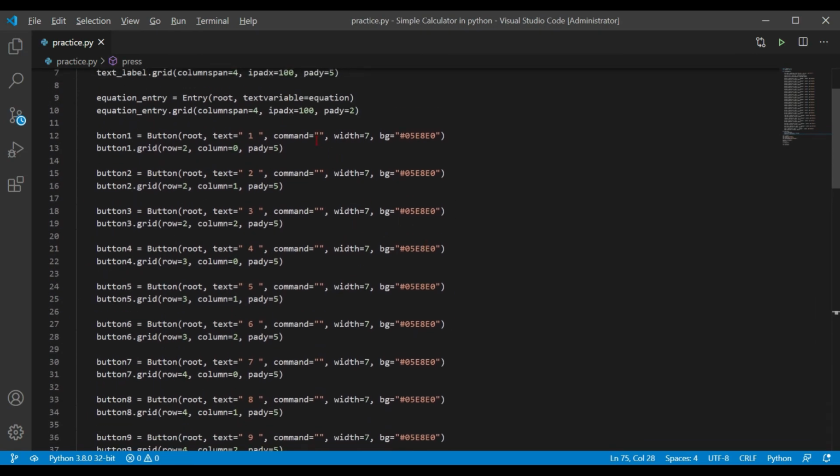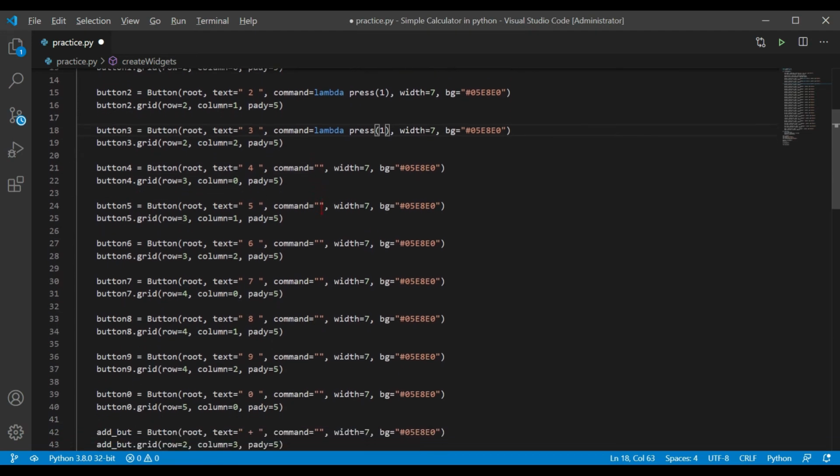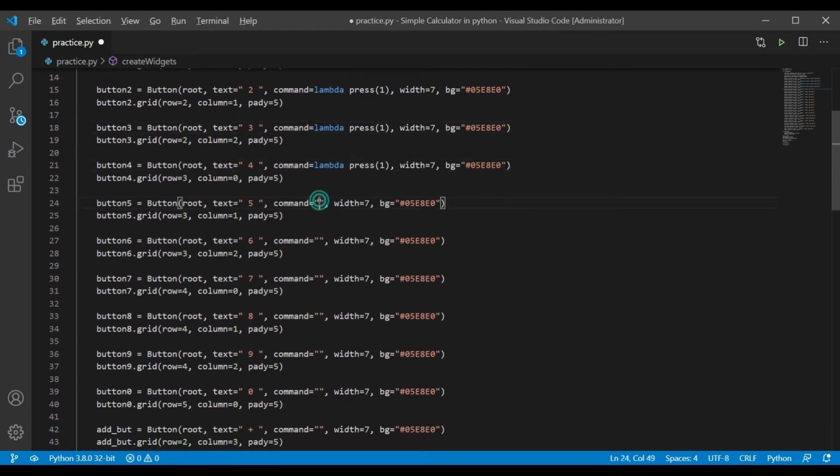Let's give the command here, and we'll be using the same function for many of the buttons, so we'll be using the lambda property of Python today. I assume you are all familiar with lambda, so let's see what it will take. It will take a parameter list and an expression. So we give a function name, that is press, and what we want to press, we want to press 1 when it presses button 1. Same with all buttons. So let's copy it from here. Let's just paste it, Control V, Control V, Control V, Control V.